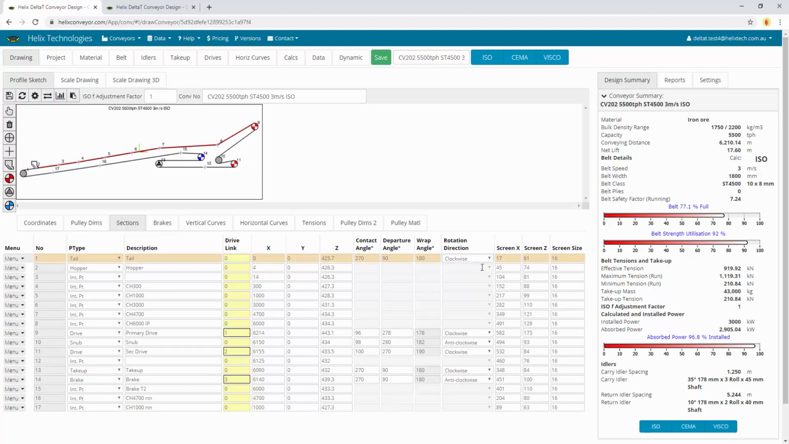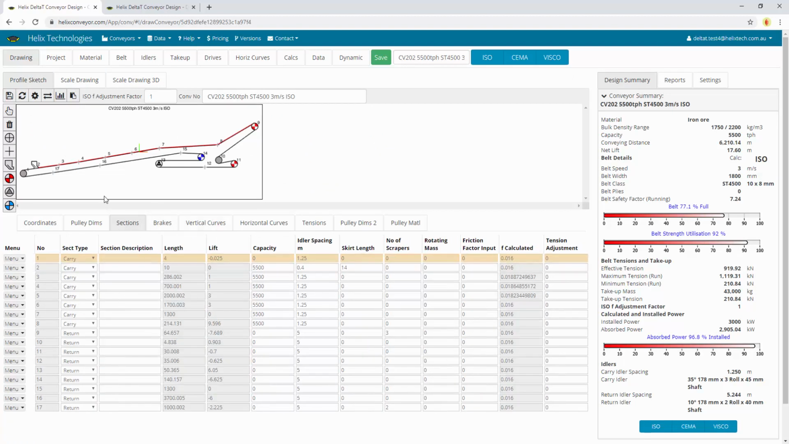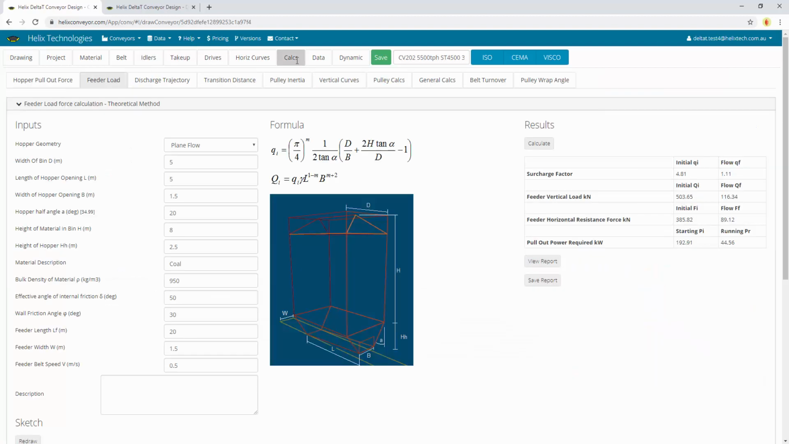So I might want to do a calculation, and then I'll input this flowing resistance force, 89 kilonewtons, into my tension adjustment in the sections tab. So for my hopper section 2, I'll input this 89 kilonewtons here, which is a very high